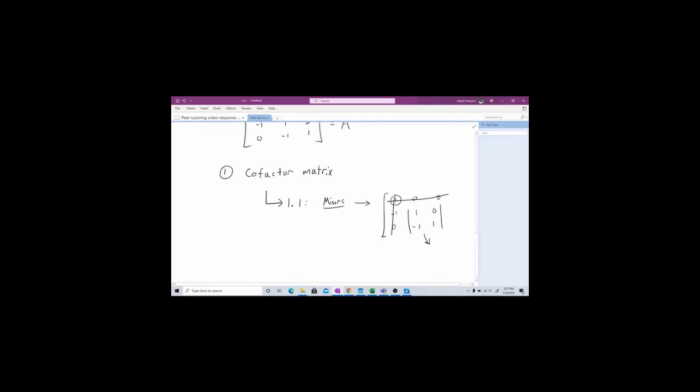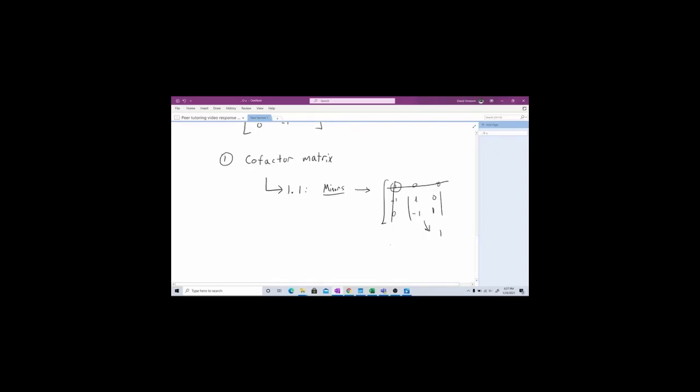If you know how to take the determinant, it's going to be 1 times 1, and then minus negative 1 times 0, which is actually just going to be 1. Okay, so the first one,